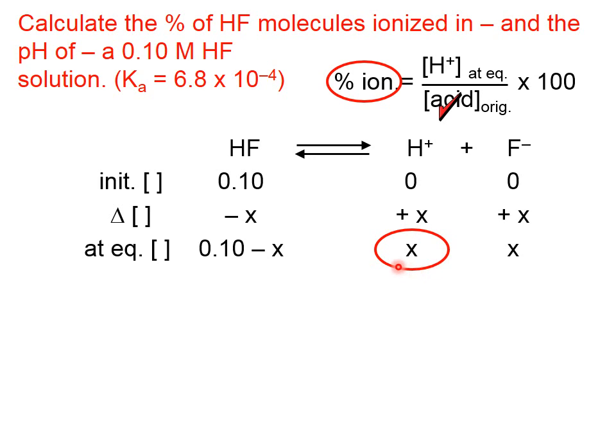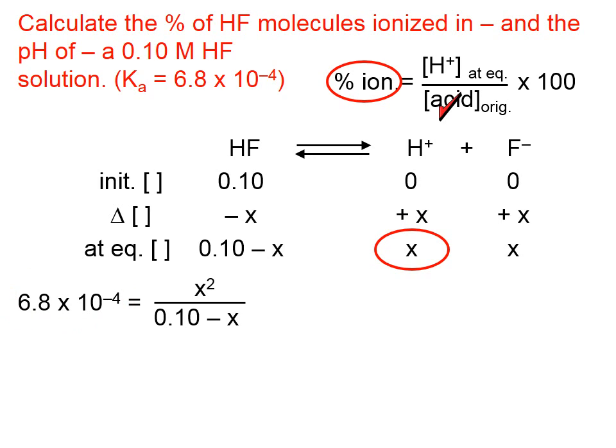And if we look at the equation in the upper right corner of the screen, there is the H+ ion concentration at equilibrium. So if we can find x, we're going to put it in the numerator and we'll be done. Let's write the equilibrium constant expression and substitute in the values and the variables. We have products in the numerator, x times x, and in the denominator, 0.1 minus x, and those are equal